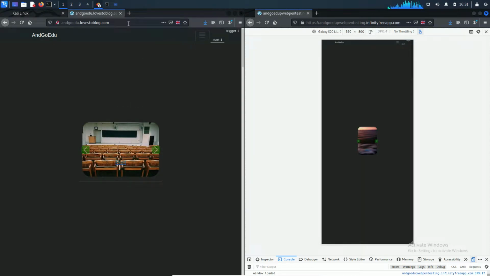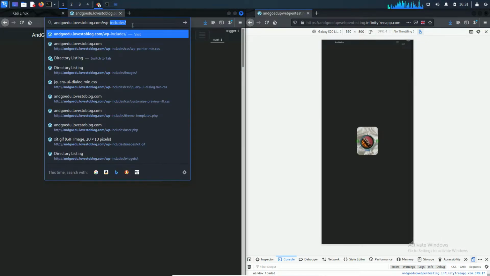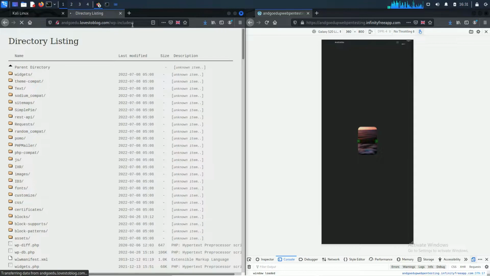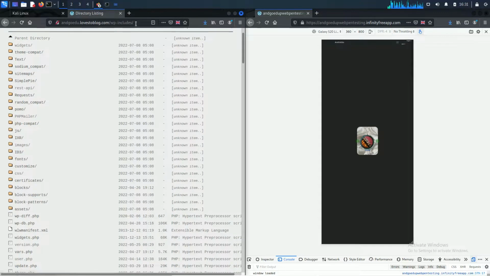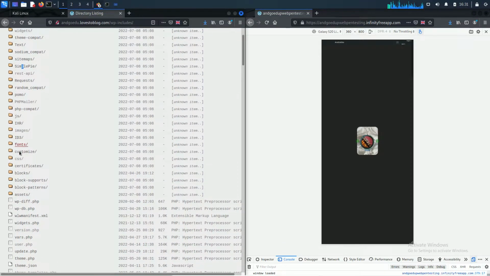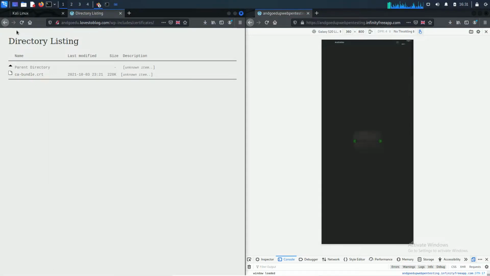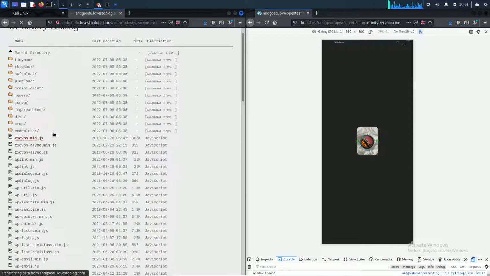So let me show you something in the beginning. If you do not close this directory in your WordPress website, you're basically making yourself vulnerable for somebody to see your website. So let's say, for example, I just go into your wp-includes, and then I go into, for example, certificates. So I could download this certificate, check what this is about, and check out this JavaScript that you have over here,